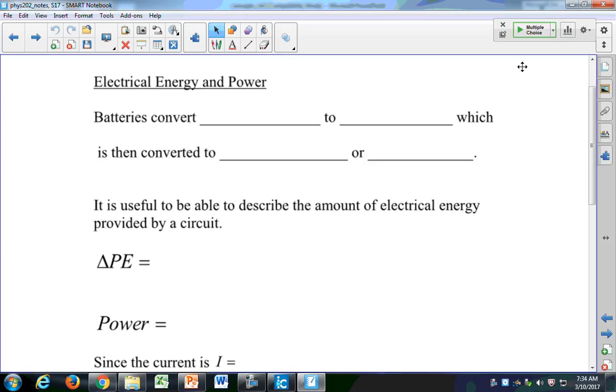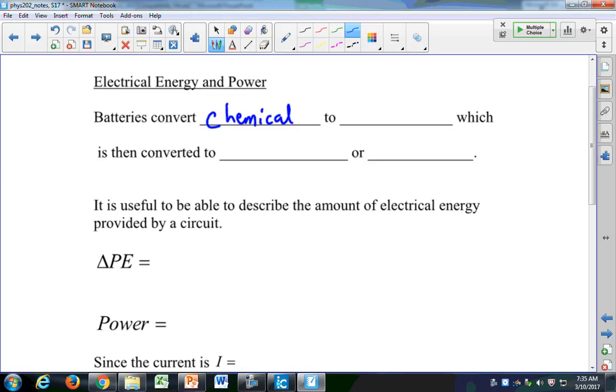All right. Let's see. So we're talking about electrical energy and power. As I said, chapter 3 is really just sort of a precursor or a prequel to what we get into in chapter 4, sort of laying down some of the basic ideas. So for electrical energy and power, batteries convert chemical to electrical energy. And then that's converted to mechanical energy